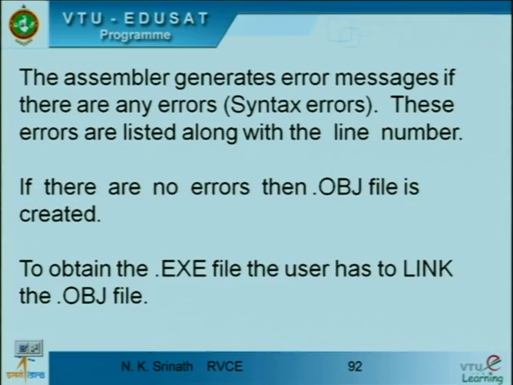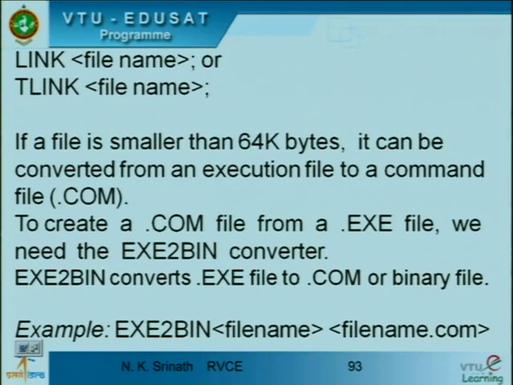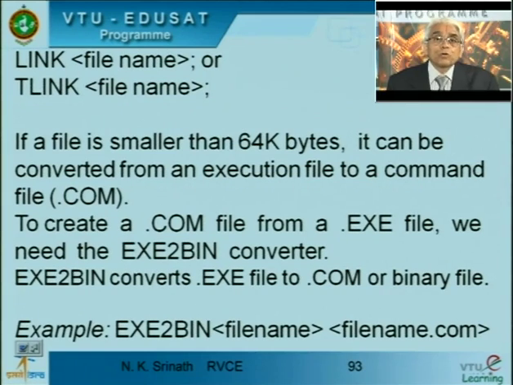To obtain the .exe file, the user has to link the .obj file and get the required executable file. So, we have to give link followed by the file name, or tlink followed by the file name. Link is used in MASM, TASM uses tlink. If the file is smaller than 64K, it can be converted to an executable file using a command